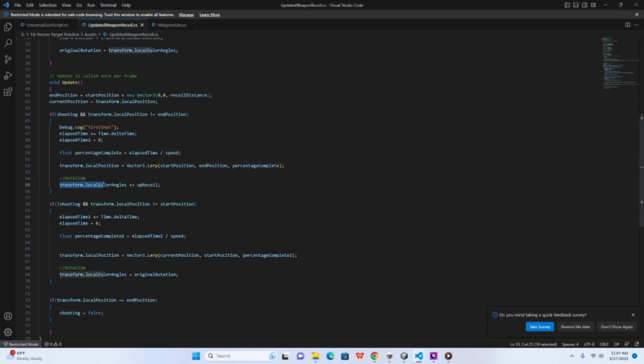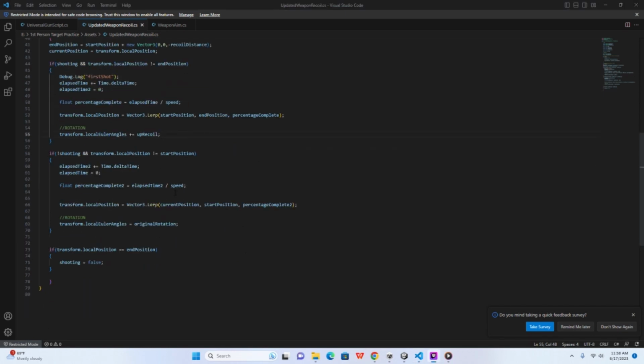And then for the rotation, transform.localEulerAngles += upRecoil. So we're taking that original rotation and just adding a Vector3, which is going to be set in the inspector. Okay, so now we do have to write out another lerp function to basically make the gun go back to its original position. Alright, so I have another if statement here that reads, if we're not shooting and transform.localPosition